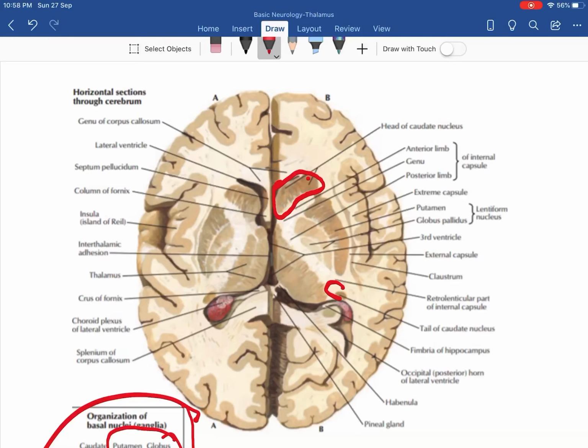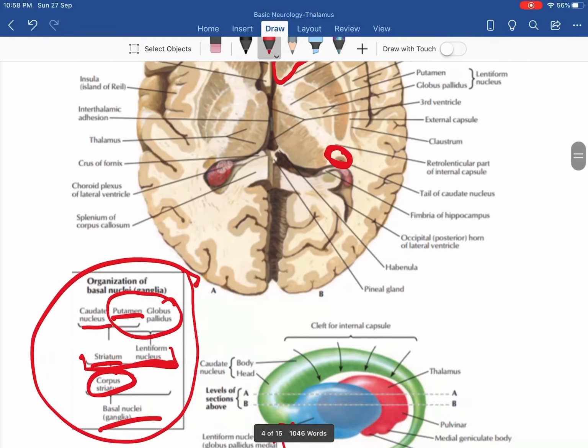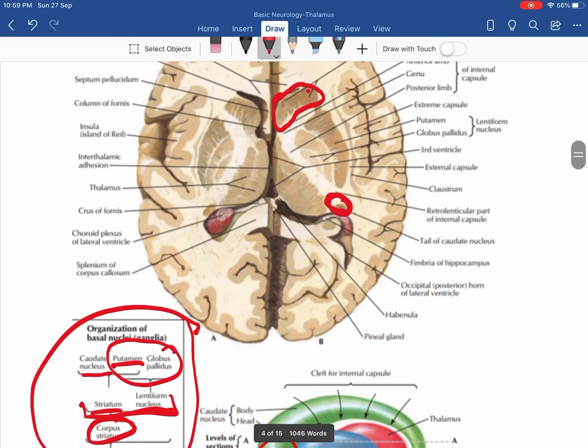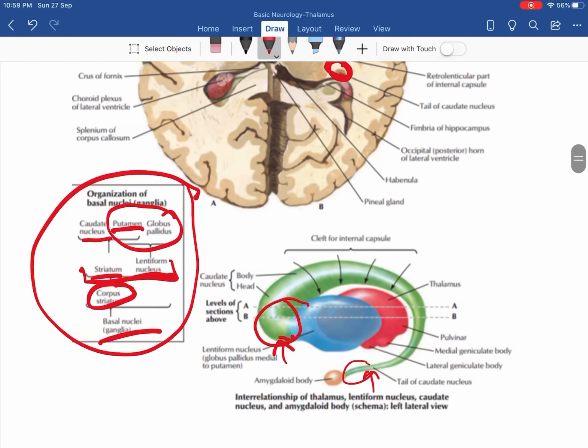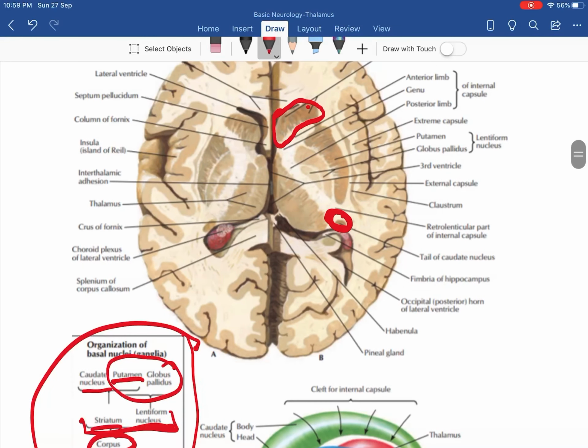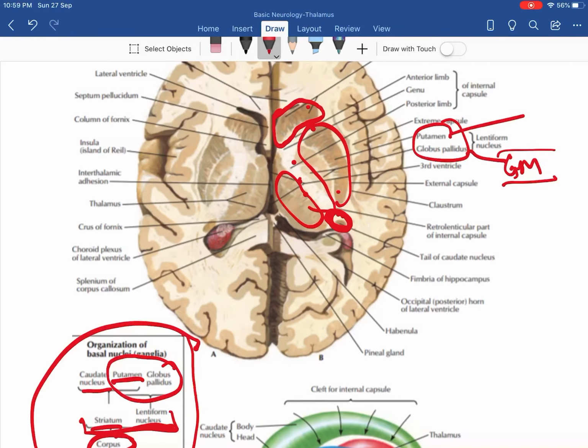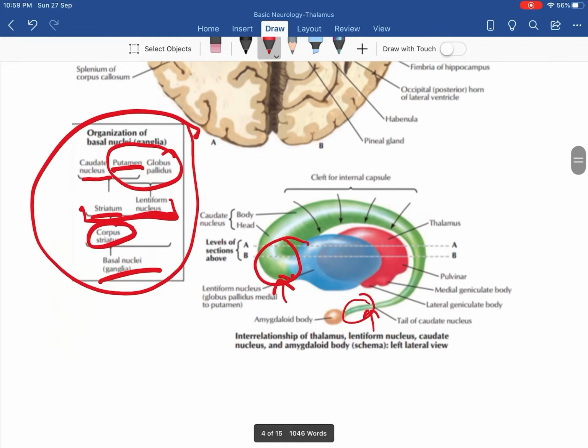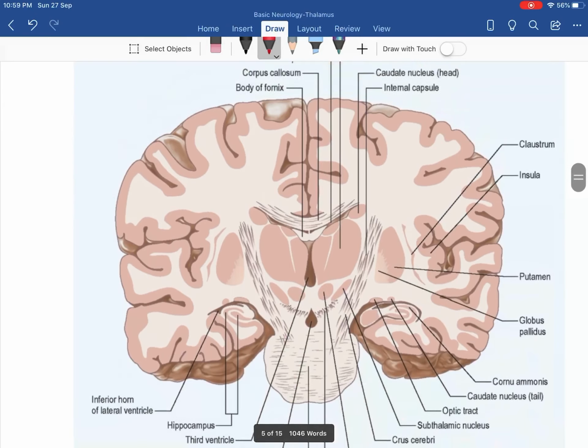Previously I forgot actually to show you. This is the head and this is the tail of the caudate nucleus. Okay, so what is visible in front is the head here, and this one which comes back is the tail of the caudate nucleus. Okay, then the rest of the structures we know: this is thalamus and this is internal capsule, then globus pallidus and putamen. We know this is GM, globus pallidus medially, putamen laterally, both constitute the lentiform nucleus, then external capsule.